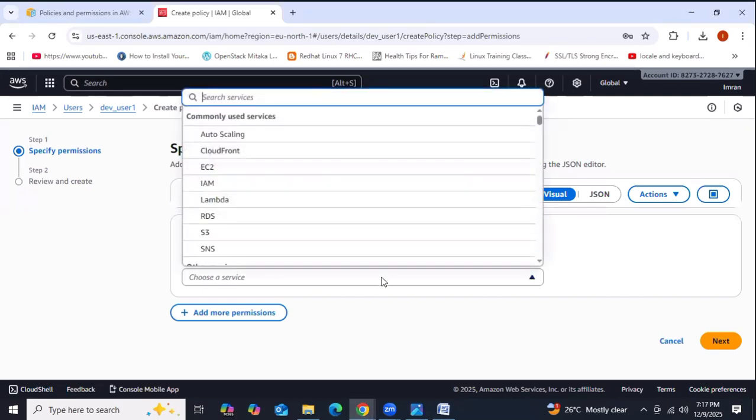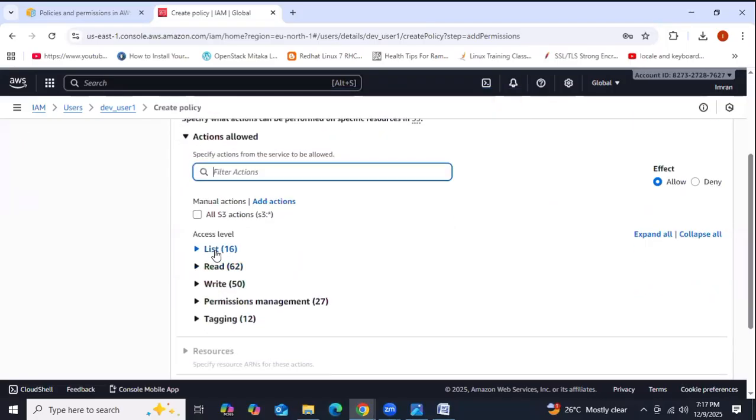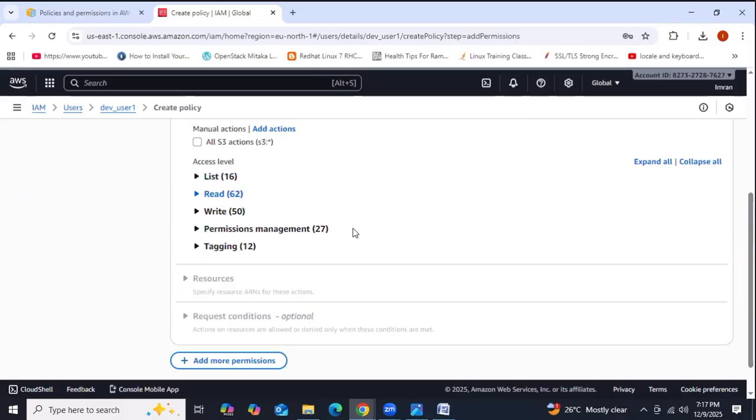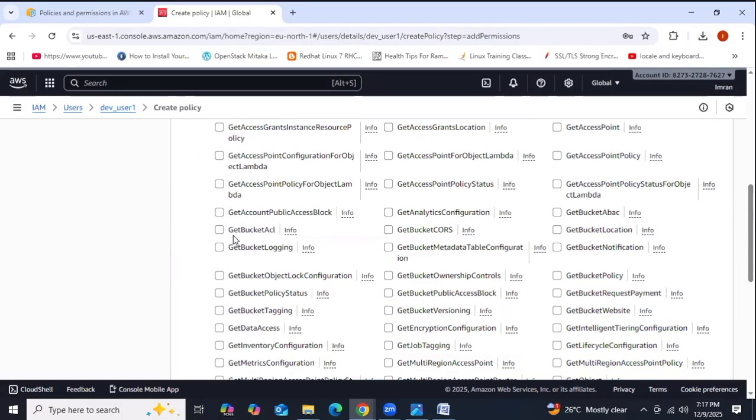Already this user has full access, right? EC2 full access, right? So if you want, you can give EC2, if you want, you can give S3, whatever you want. So for S3, now I'm providing, doesn't need list, and then same, whatever you want, your wish.